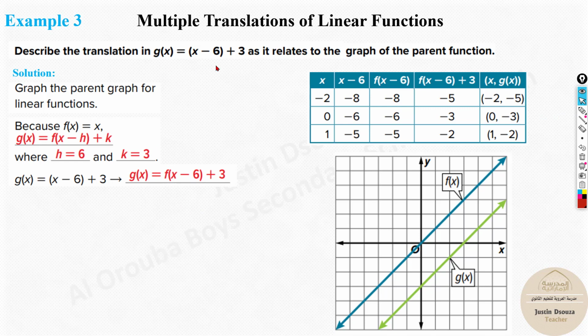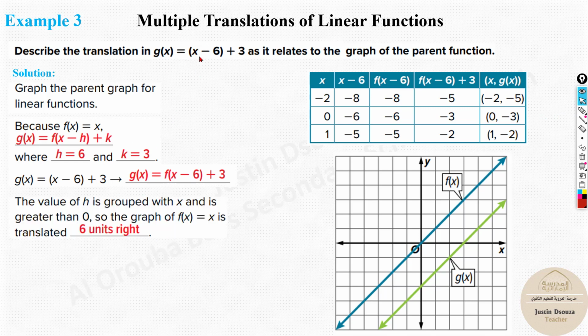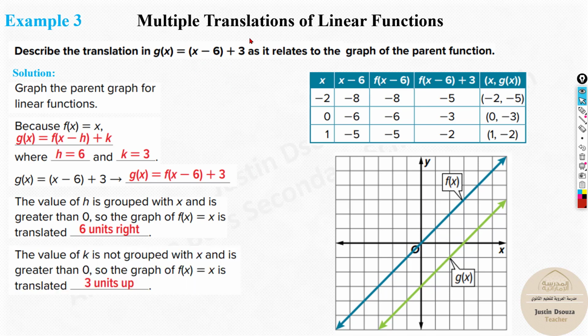But now over here, we need to understand the 6 units is a right side. Why? Because inside the bracket means right, and outside the bracket is always plus, means up, minus is down. That's the vertical axis. Okay, 6 units right, 3 units up, and whatever is inside the bracket is denoted as h, and outside the bracket is k. So that's